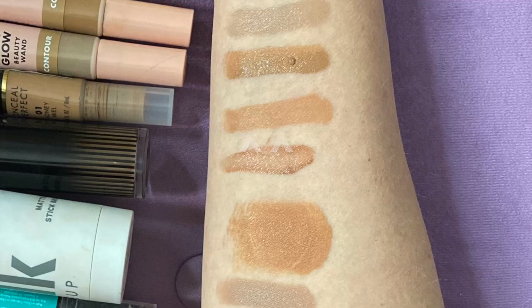This one gets messy. See, it's basically the same as the e.l.f. So if you're happy with your Milani contour, I understand the feeling you want to run out and get the e.l.f., but they're about the same price. They're very similar products and very similar in what you're getting, but it's really good. It's definitely more of a bronzer contour. This is the lightest and maybe the coolest of the contours in that